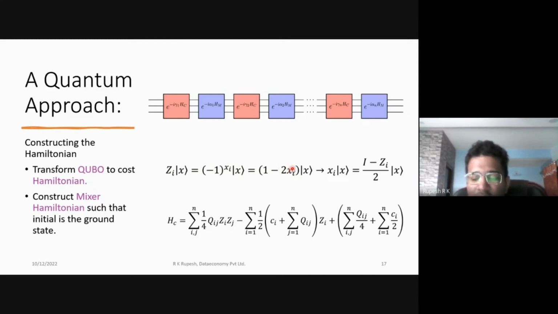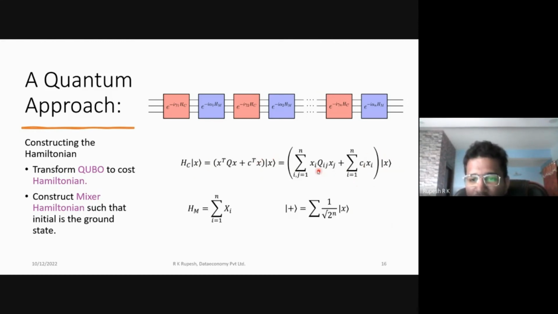And so if we take this and rearrange the elements so that we can get the action of x_i on a given state vector |x>, by just rearranging the terms, we see that the action of x_i on |x> is exactly this gate: the identity minus Z_i, divided by 2. This is the same as x_i. So if we go back to our cost Hamiltonian, we had all these x_i and x_j's. This x_i has to be replaced by (identity minus Z_i)/2, and this x_j should be replaced by (identity minus Z_j)/2. And similarly for all of our other terms.